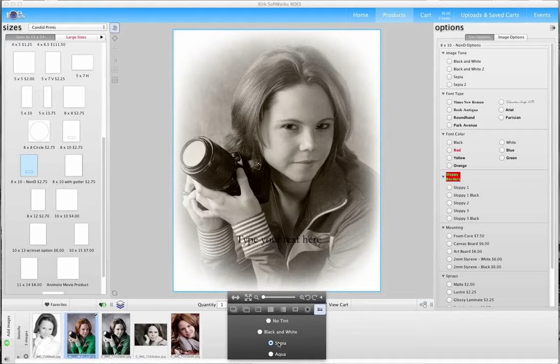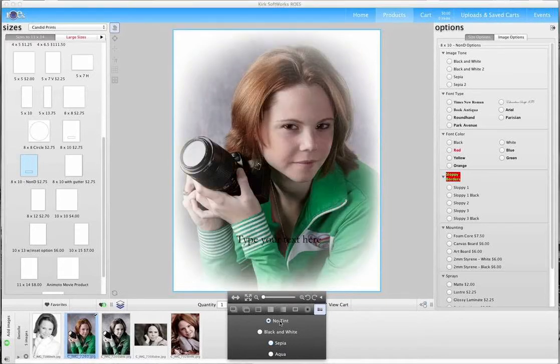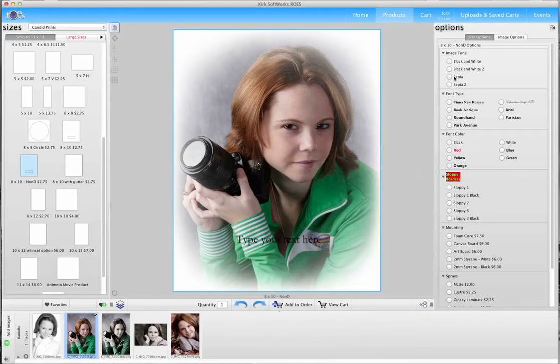Okay, let's get on to the designer suite. And the best way to show the features of the designer suite is to show two different products, 8x10s, one that's not set up with designer and one that is. As they have the ability to define a text node in a non-designer suite product, you always had the ability